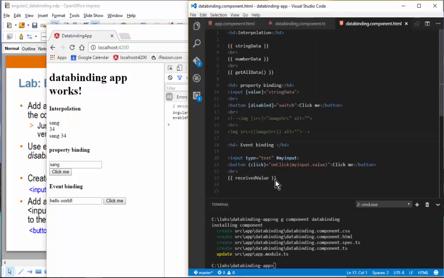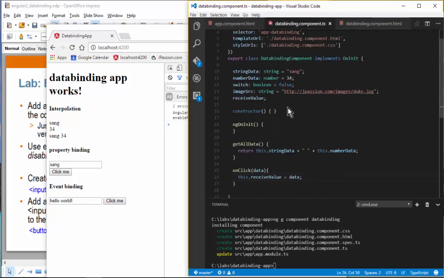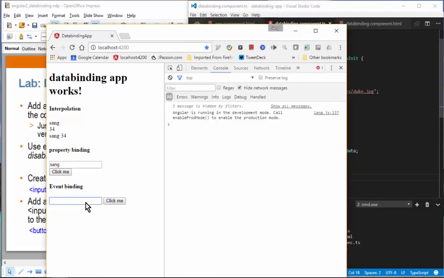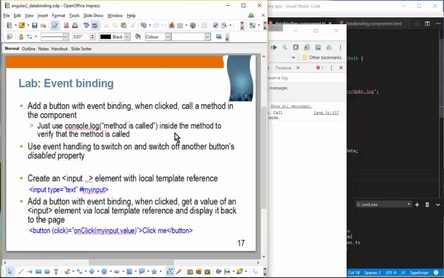So we have receivedValue, so let's actually look here, oh, see, wrong spelling. Okay, yeah, so receivedValue. Okay, so now we should actually see things work correctly. So hello and click, okay, now it's actually being displayed. Hello 2, yeah, now it works fine. Okay, so that is a lab. All right,